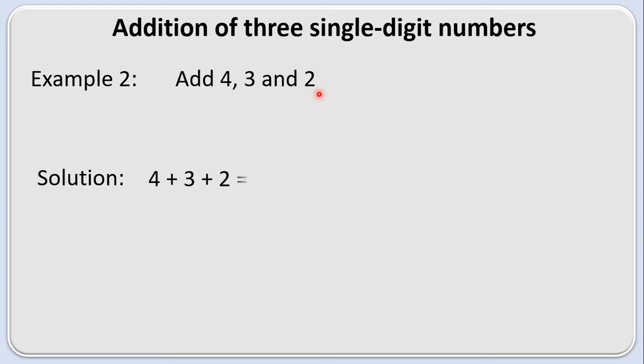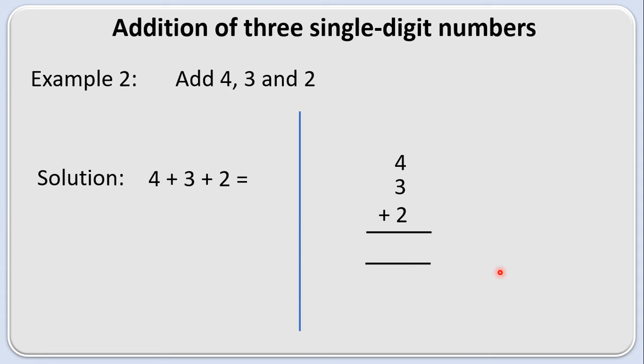Now let us write down the given numbers using plus and is equal to sign. So horizontally like this, or as I said, we can write down the given numbers one below the other also like this. 4, 3 plus 2,